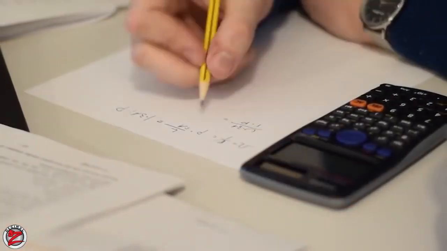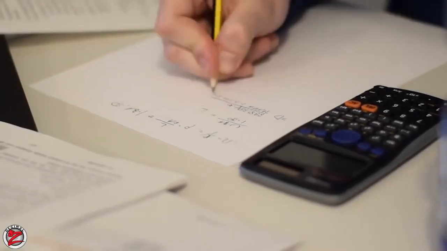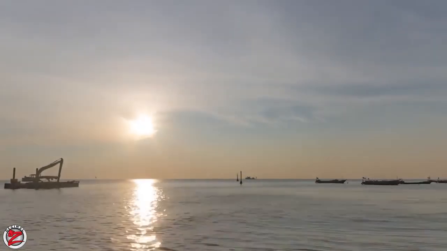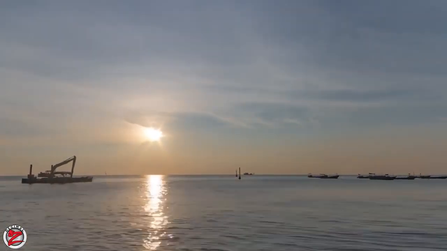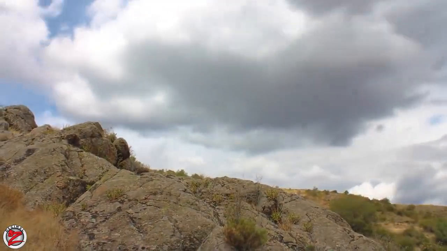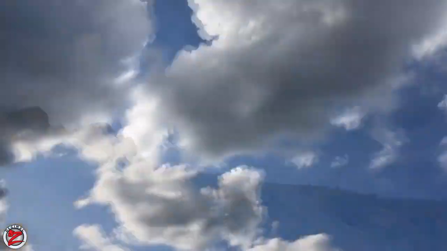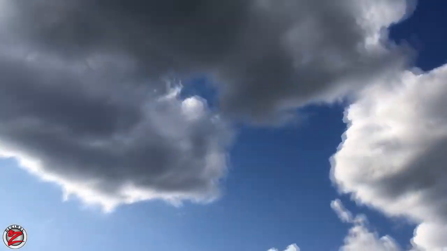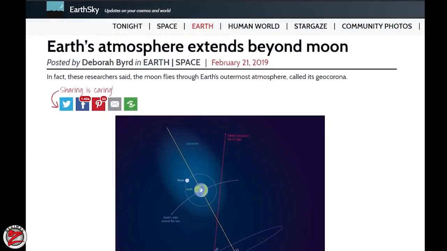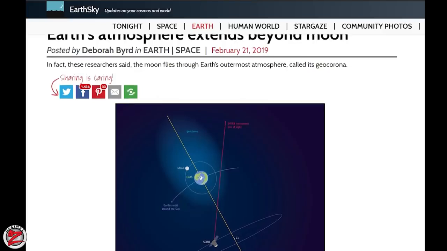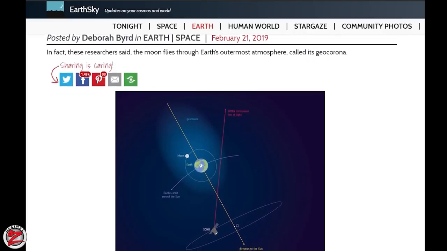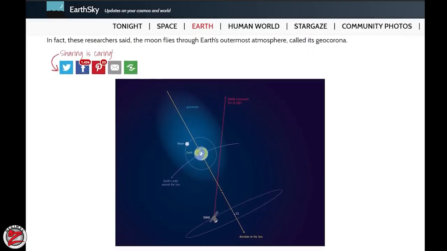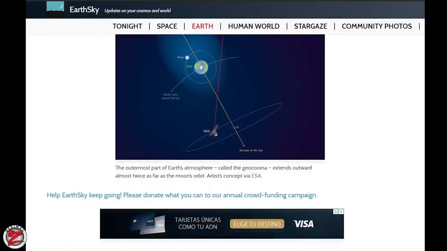If your calculations work, does it mean that the world we live in is exactly what your calculations say? The answer is no, because they are constantly contradicting their own calculations. Look what they said about the atmosphere. It's always been 300 miles up. They taught us that as a fact. But now they are saying that the atmosphere extends far beyond the moon.